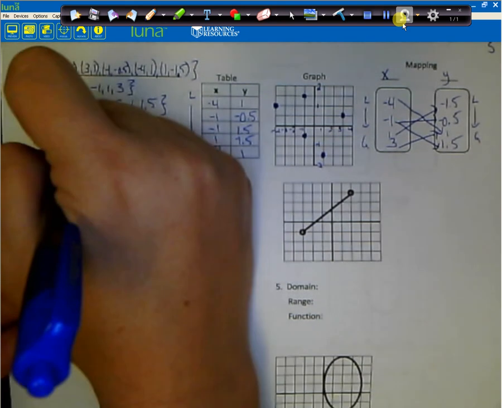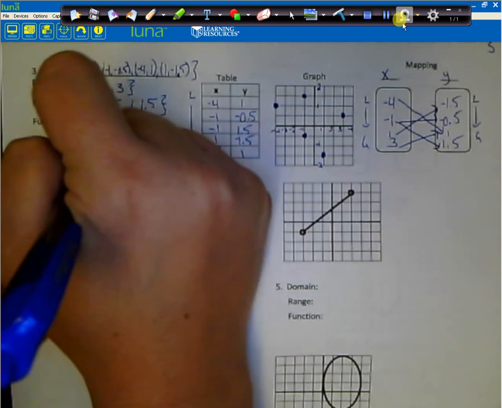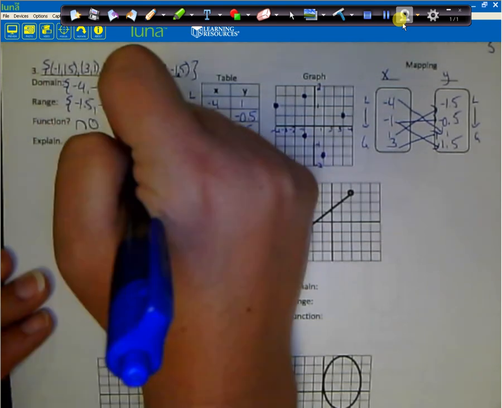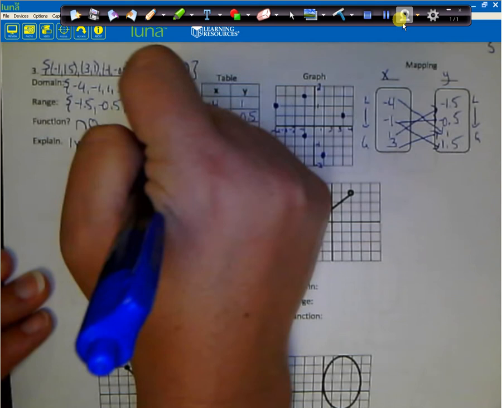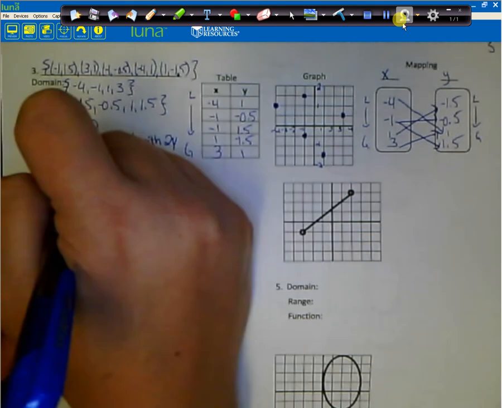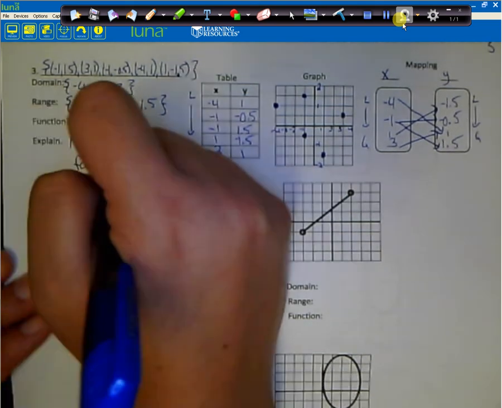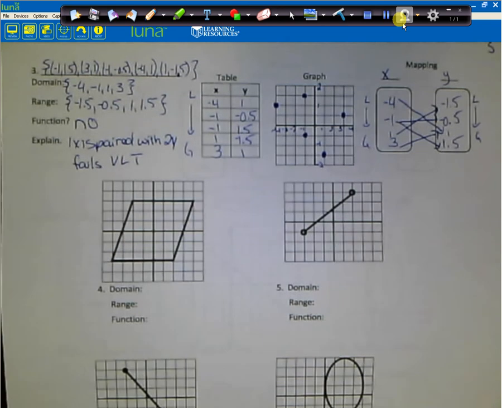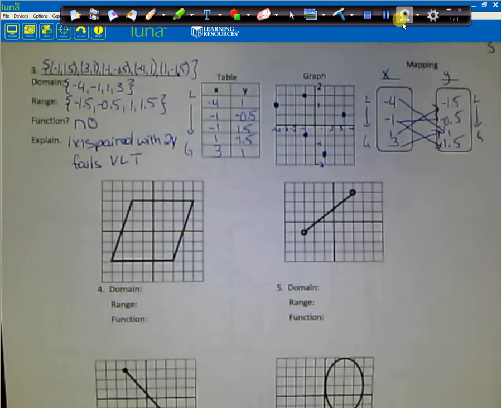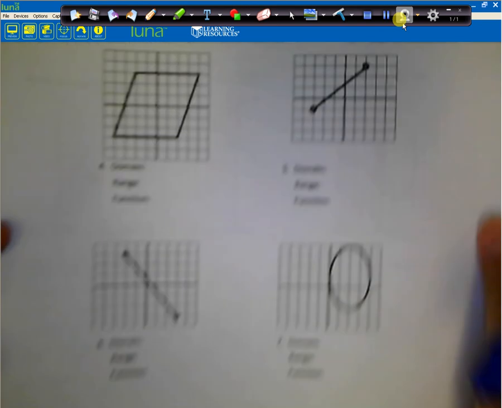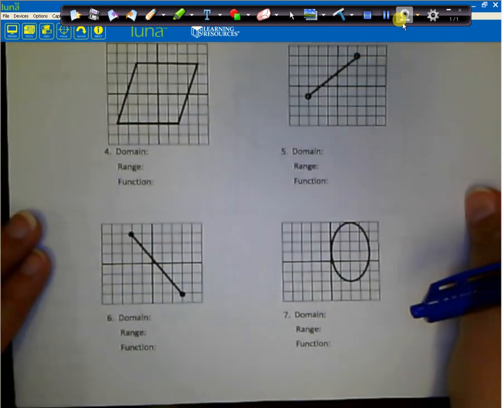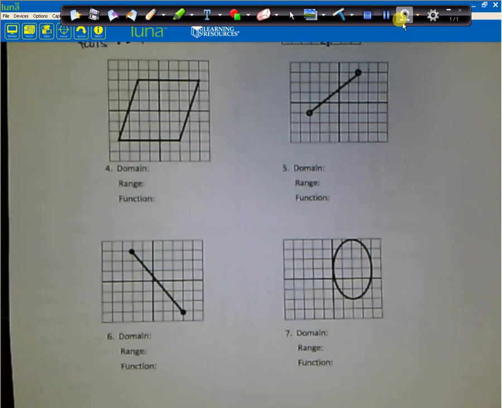And for your explain, you can say 1x is paired with 2y's, or you can tell me that it fails the VLT since you have a graph. So make sure you have all that down before you move on. Now we're going to move on to our pictures. With our pictures here, it's just wanting us to state the domain and range and tell whether or not it's a function. So for number 4,